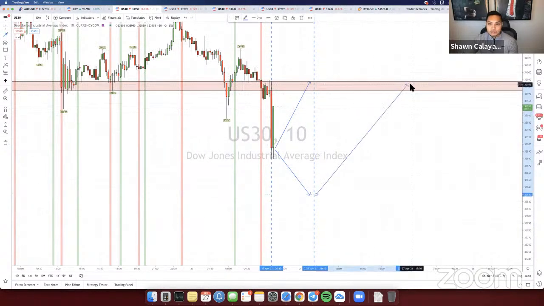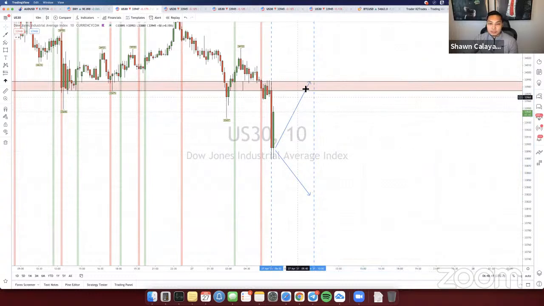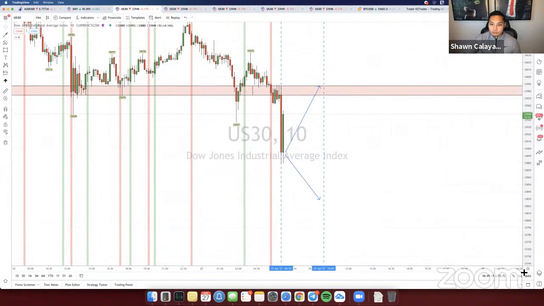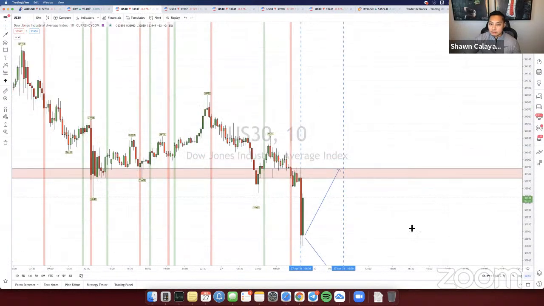So we need to watch US30 to see how it moves from now until 7 or 7:30, like an hour from now, to see if it's going to correct back up to where it originally was, or if it's going to continue dropping. We're just going to be patient right now and wait for this to confirm. Once it confirms, then we'll start taking some more scalps. That's basically all that we're waiting for right now, that confirmation to see where price is going to go. Once we figure out where this is going to go, then we can follow through with it. So we'll keep watching for it.